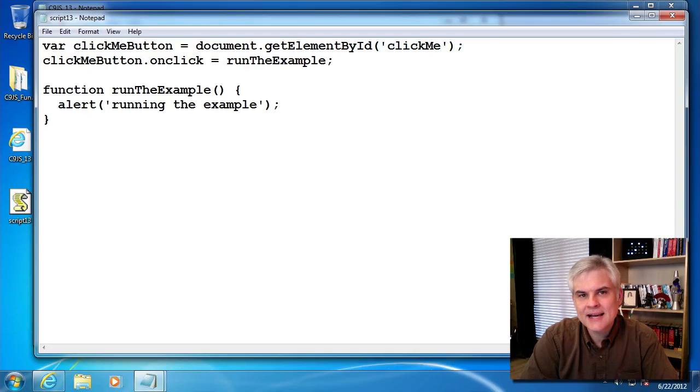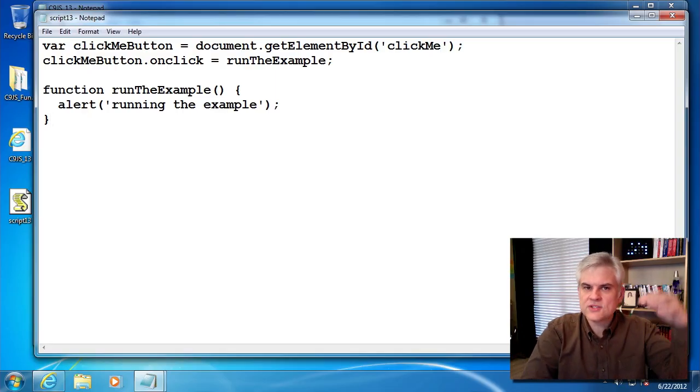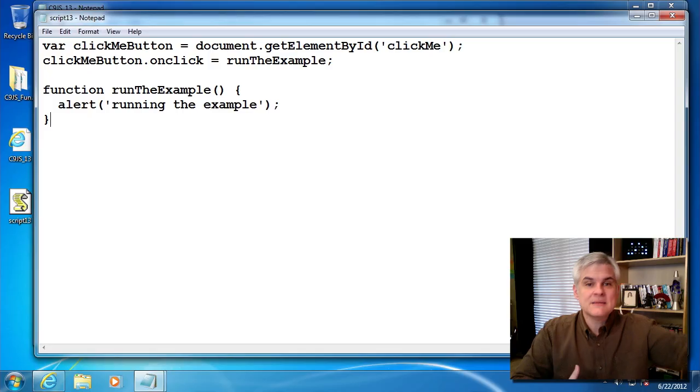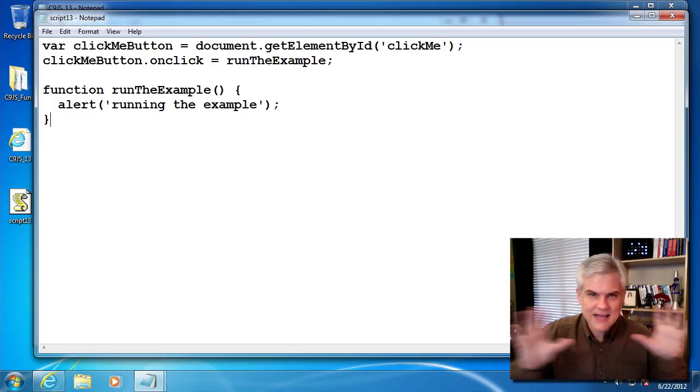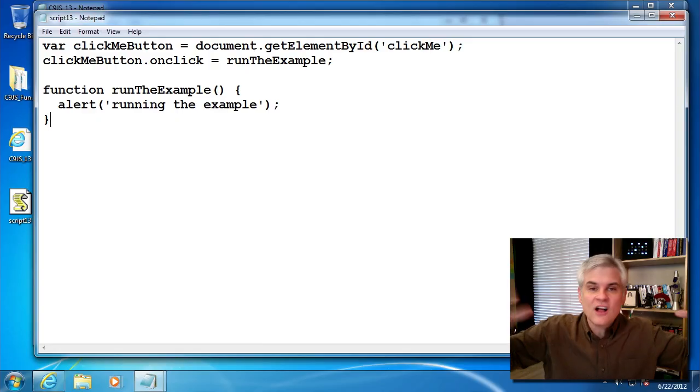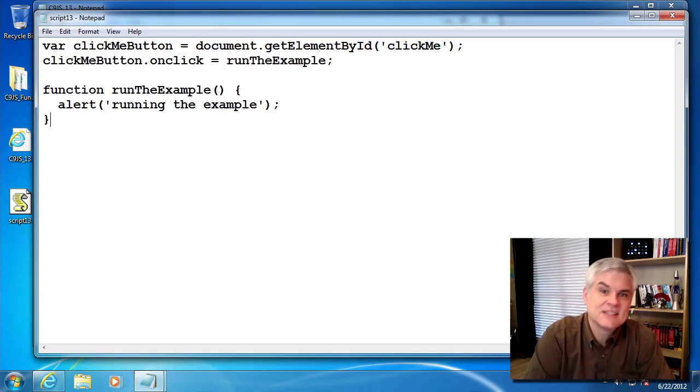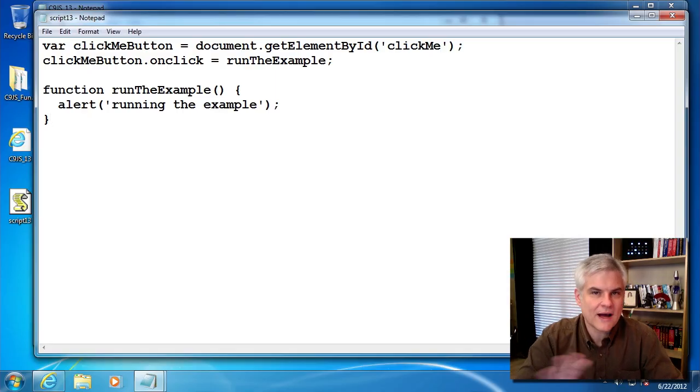And the window.onload event is raised once the entire web page has been loaded, not just once the DOM has finished being constructed, but also once all the images and videos and Flash files and what have you that the web page is referencing have been successfully downloaded, there's nothing else to download, then the window.onload event will fire. All right, so we're going to see a little bit of why this is a problem,